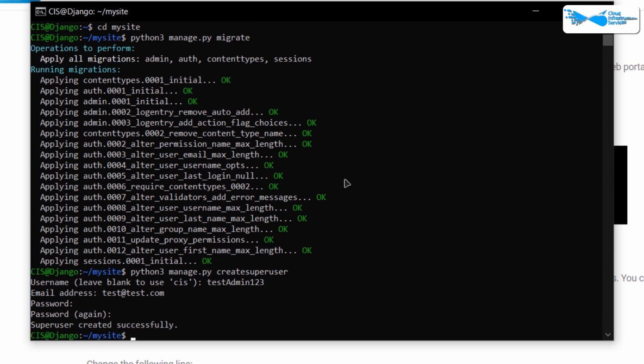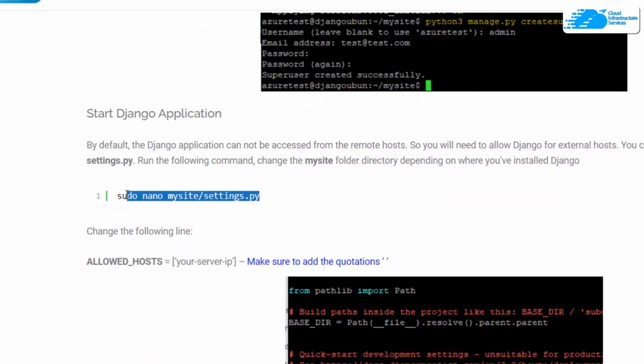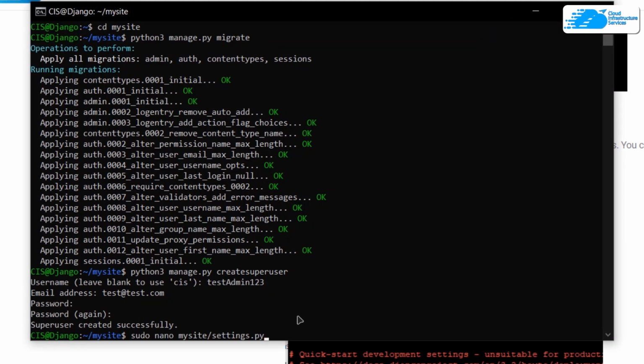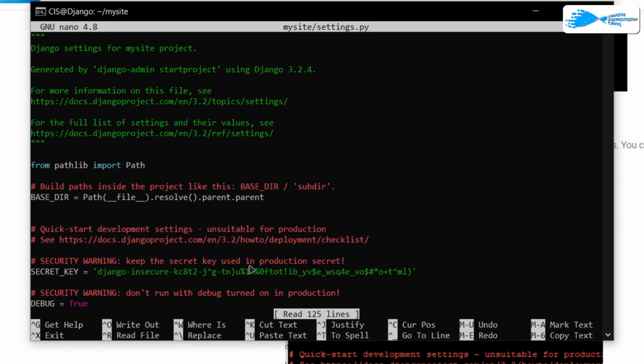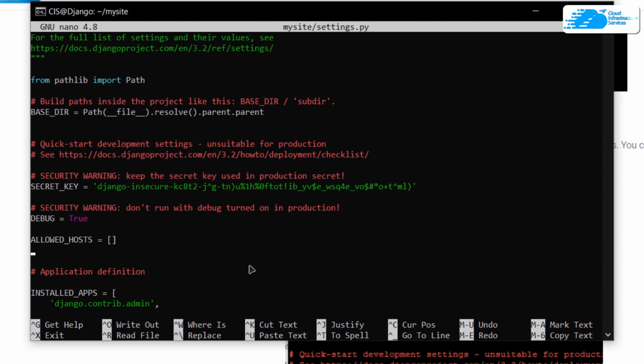Now once that is done, the next step is to actually start the project. To start the project, we need to first apply a specific IP address, which is our virtual machine's IP address, as allowed host. For that, come back to the blog post and open up this settings.py file with this command. As you can see, this command is inside my site directory. In case you have named your project something else, you would write the name of the project over here. So open up the settings.py file, and within this file you can see this tag which says ALLOWED_HOSTS. Now you need to provide your virtual machine's IP address within the square brackets but enclosed inside single